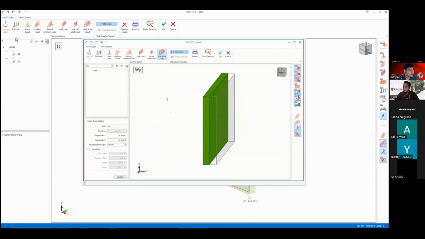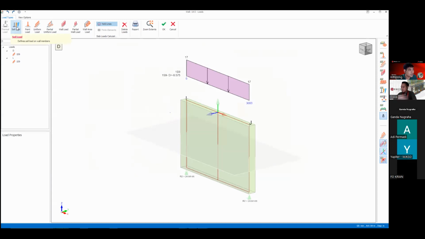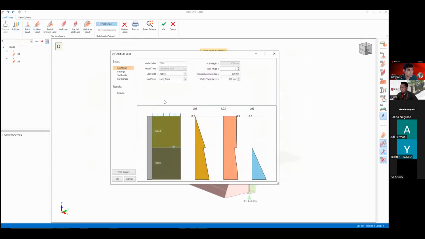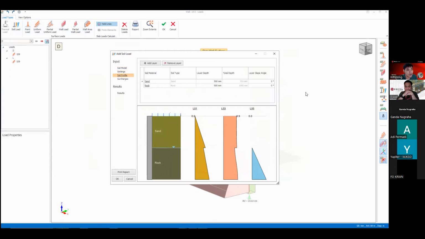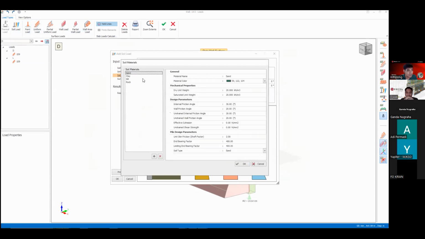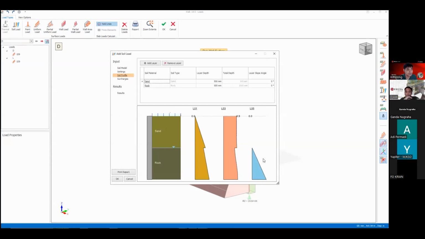Or maybe you can use the soil load like this, and it will automatically calculate the soil for you if you input the soil model into the model. See, you can input the soil profile like this, and you can add more layers, sand, maybe clay or silt, something like that, and it will transfer to the loading like this for you.